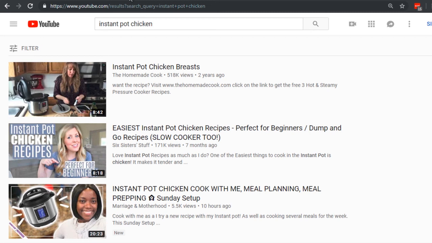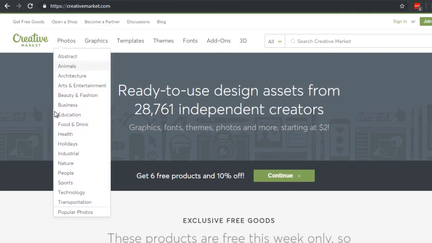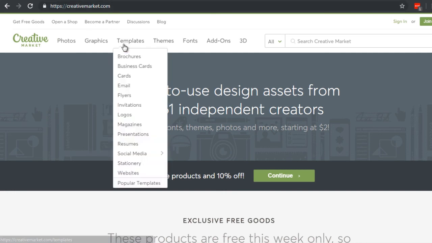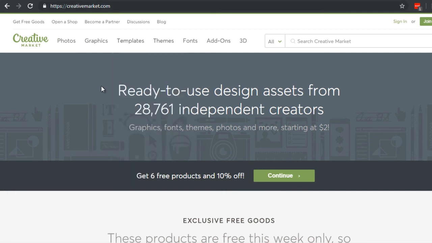But for now, there are different elements that you need. So what I recommend is you go to a site called creativemarket.com. There are other sites like graphicriver.net, but over time we've realized Creative Market has a lot of really good designs. So what we can do here is in the search box, we're going to type in YouTube